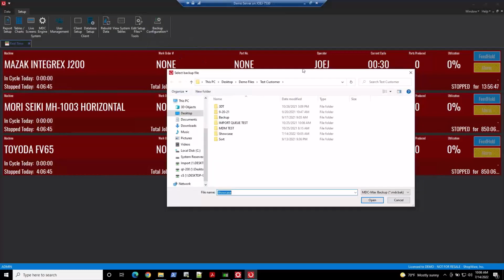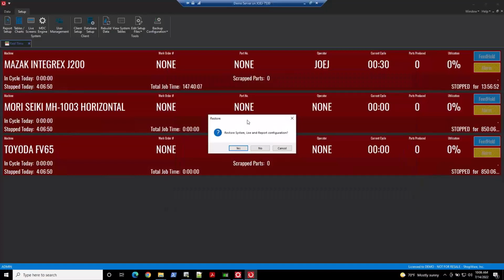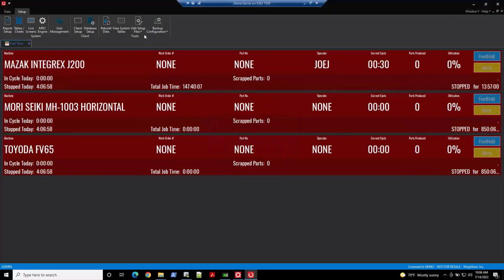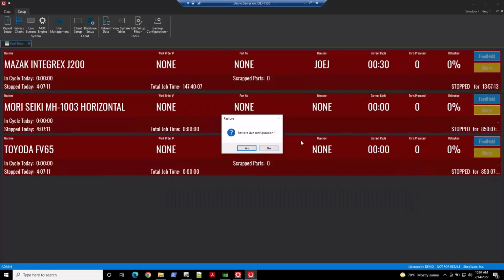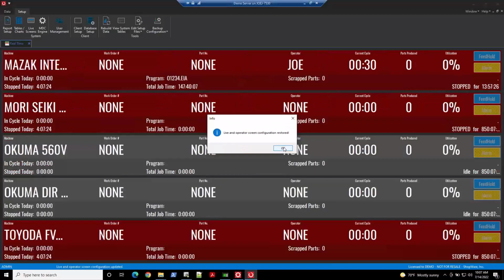So if I go ahead and restore that configuration, and if I go to that location where my backup's at, it'll ask you if I want to restore the live system and the report configuration, but I don't want to do that. I want to potentially just do the live configuration inside of there. If I wanted to restore that, I can say just the live section. And so we're backing up to one file, but it's taking the live configuration of that entire backup and restoring that inside of here. So if I said yes to that,